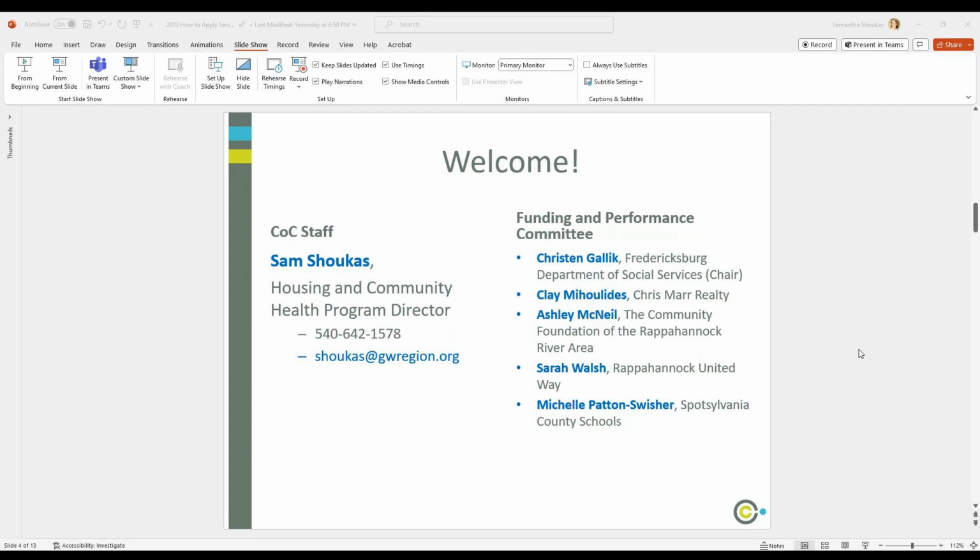And most of these folks have been in our world for a very long time and have been embedded into our community and serve us very well when it comes to making funding decisions. But I know I get this question a lot about who would be reading applications. If you need to get in contact with any of the folks that are on this committee, that funding email at fredericksburgcoc.org is the best way to do that.